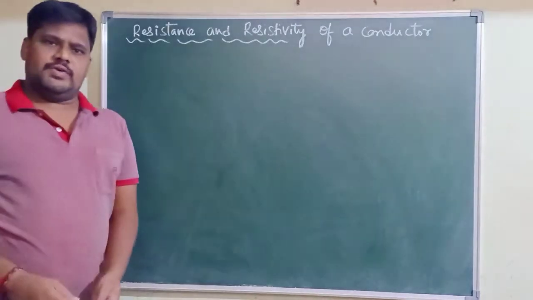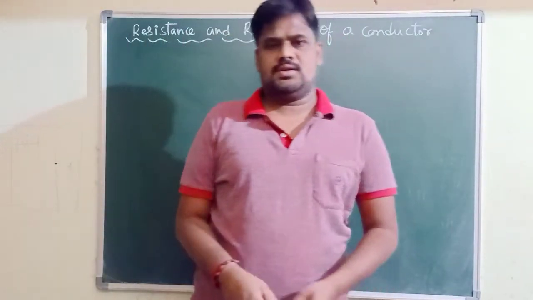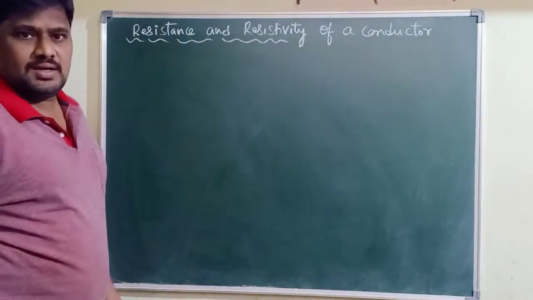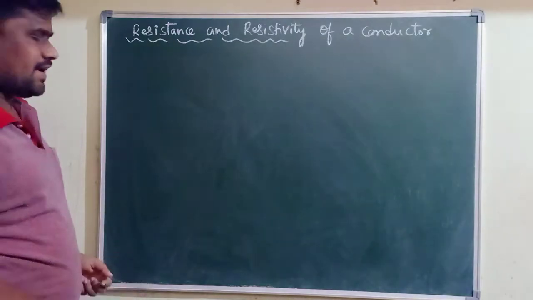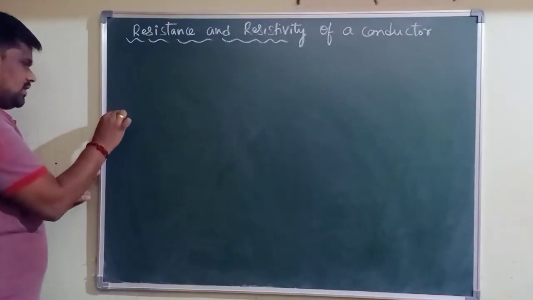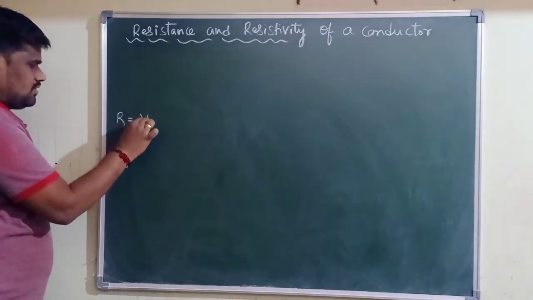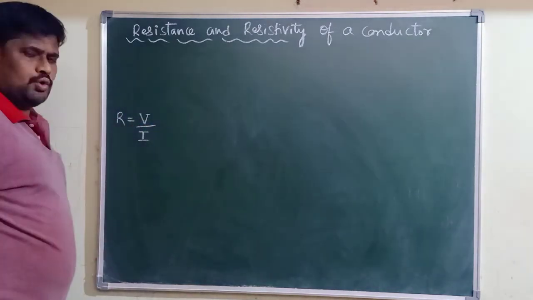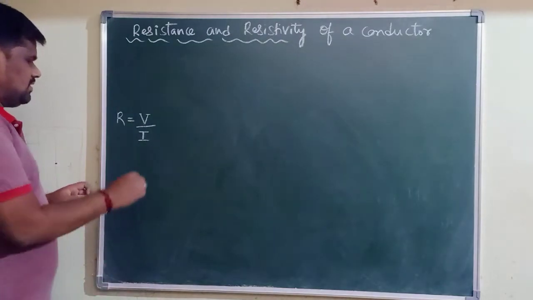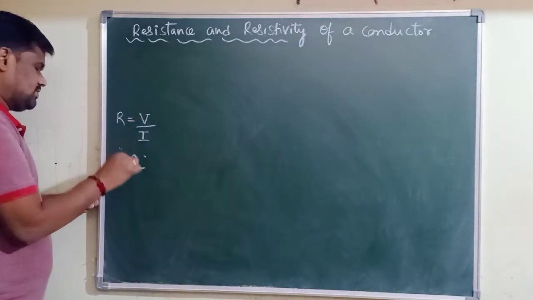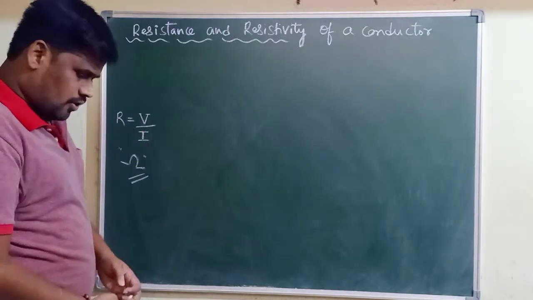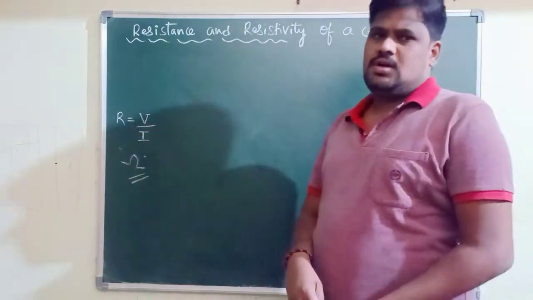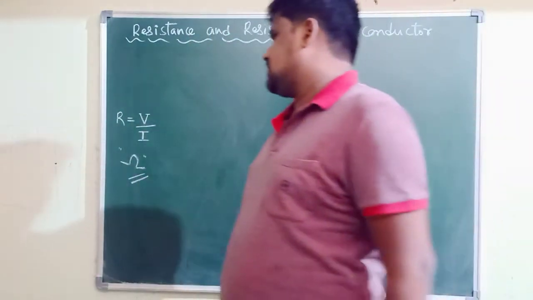In the last class, we discussed the meaning of resistance. You know very well the resistance is an opposition exerted by the conductor for the flow of what? Electric current. And from Ohm's law, the resistance can be defined as the ratio of potential difference across a conductor to current flowing through a conductor. So SI unit of resistance is ohm. In this session, we'll discuss the factors on which resistance of a given conductor depends.